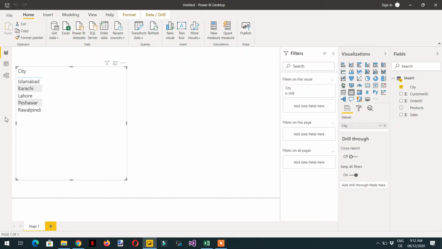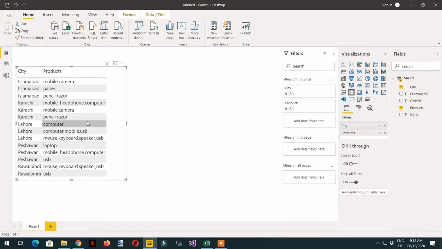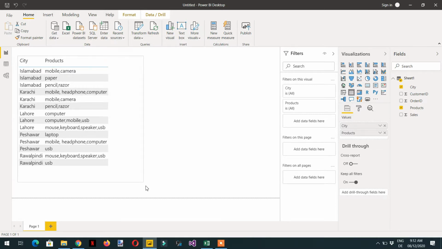So I had already imported this data into Power BI, and here I have dragged one city column. And if I drag one more column, that is products, these are the products that are available for every warehouse, and I need to know how many products belong to each warehouse.